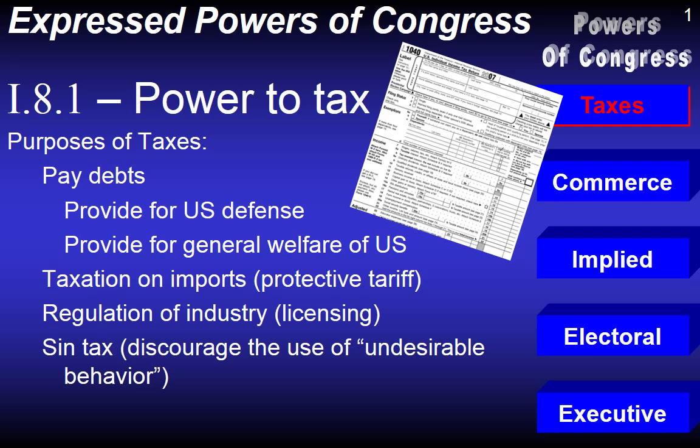And so a power of the Congress, or a power of the federal government, was the idea that they would be able to tax the people directly. Taxes were necessary. They had to pay the debts that were incurred during the American Revolution. They have to pay people working for the federal government. They have to provide for the United States defense, pay for soldiers' salaries, pay for weapons, pay for fort construction, pay for the Navy. And so money is necessary.